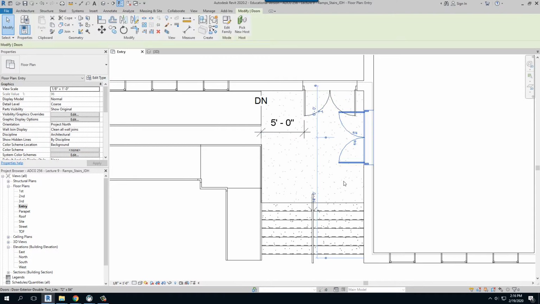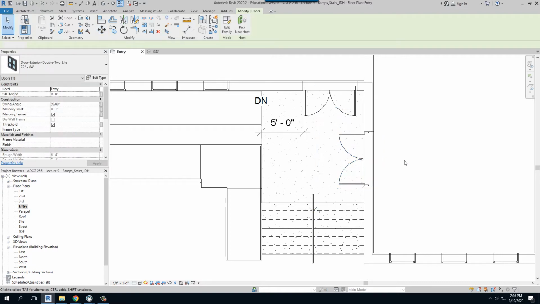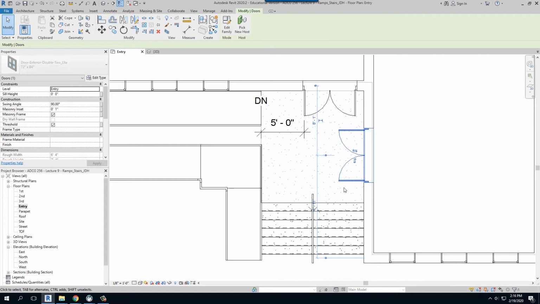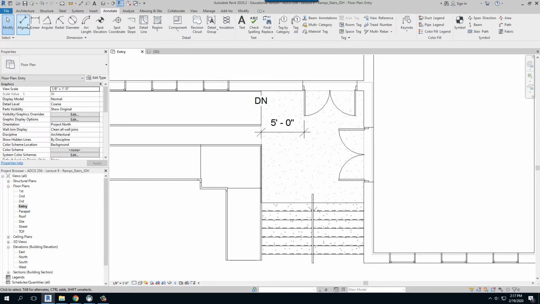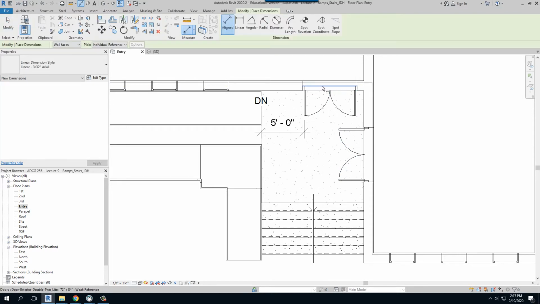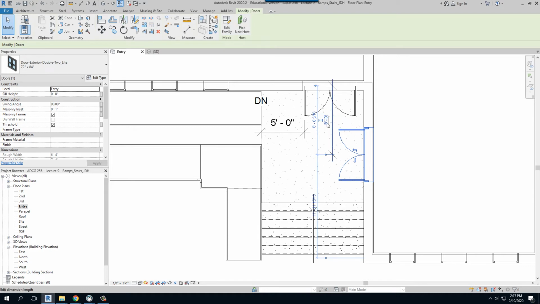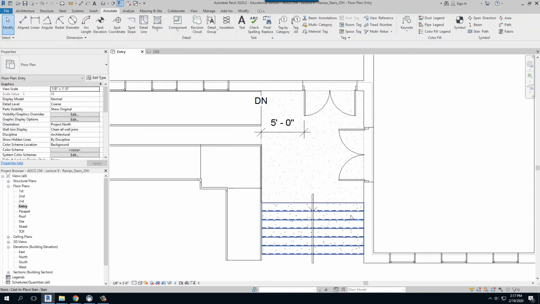Okay? And then I'm going to take this door, and I'm going to move it about 2'6" away, right? Now, we could still encounter some problems here at the top of the steps, but what I don't want are both of these doors too terribly close to each other. You see what I'm saying? So if I picked up a dimension here, from like the center of that wall to the center of this door, I'd probably say let's just make that 8 feet for right now, okay? And we might run into some problems, but let's focus on what we're working on right now, and that's the